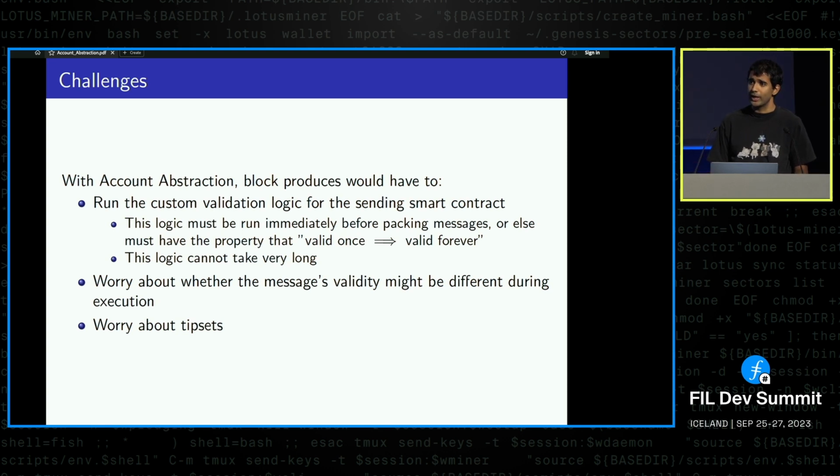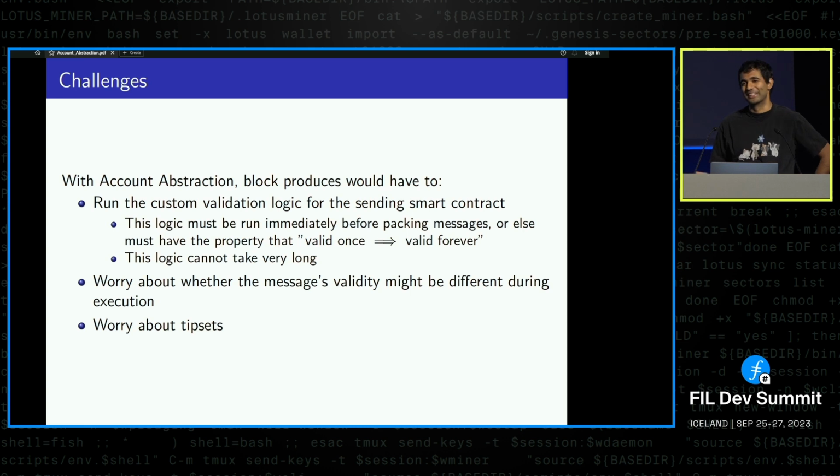This is already a problem today, and there is some particular logic in clients of Filecoin to deal with that, but account abstraction complicates it further. One thing I want to point out here is that once we validated the message, we can charge the sender even if it reverts. If the validation fails, we can't charge the sender because we don't know if it was ever valid. That's the problem. Specifically if they charge for the validation process, not even for the message, just the cost of validating it. I think maybe Scott meant to ask, does Filecoin include messages that are invalid in tipsets? And the answer is yes.